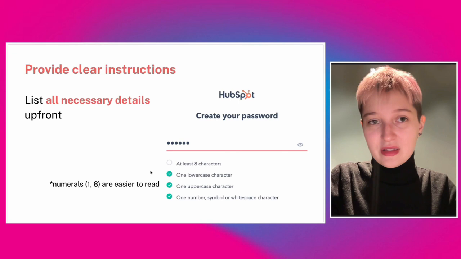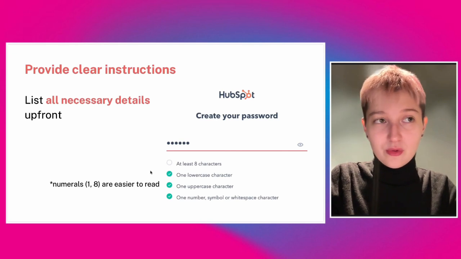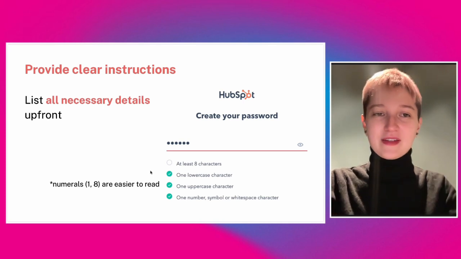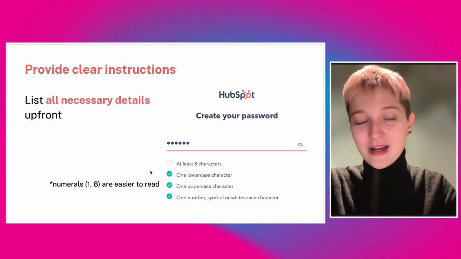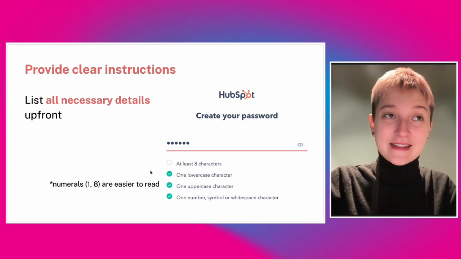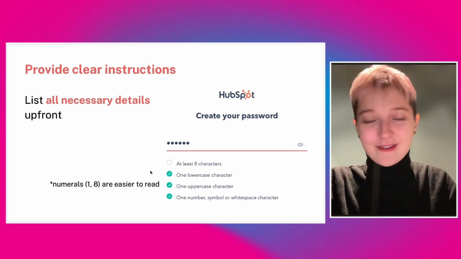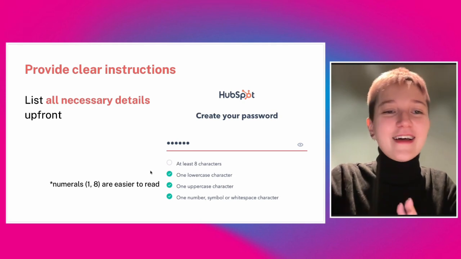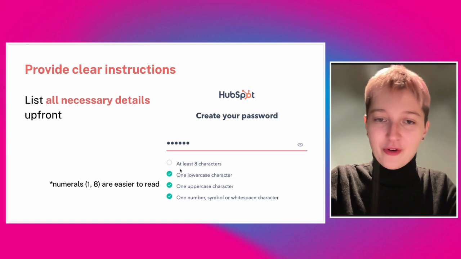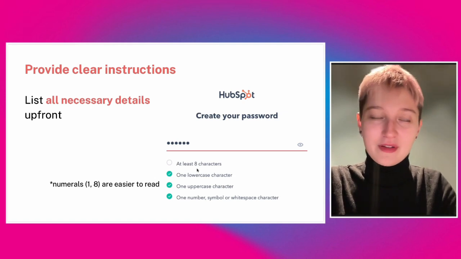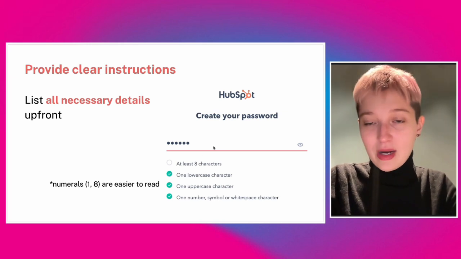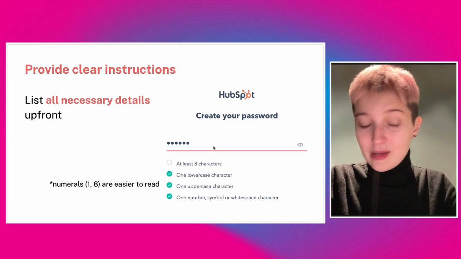Another thing when it comes to these instructions is to reduce the probability that we will need to display an error message. And although it might seem obvious that we don't want to ask people to remember things, it's quite easy to forget, which is quite ironic, I believe. And this is why it's important to list all necessary details up front before we even need to produce an error message. And this is quite well done by HubSpot in this example.